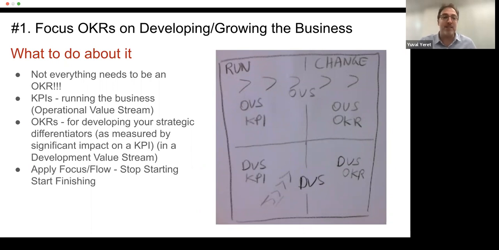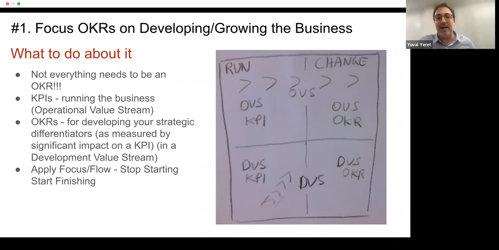You can have key performance indicators in what we call our operation or operational value stream. We should make sure that these are an ongoing concern, something that is in our dashboards that we're tracking towards, and that might drive some work in the organization. OKRs are for the big things, the big changes, the things we really need to focus on. That might mean 20% of our organizational capacity. It might mean 10%. It might be 80%. It really depends on the context. But not everything needs to be mapped to an OKR.